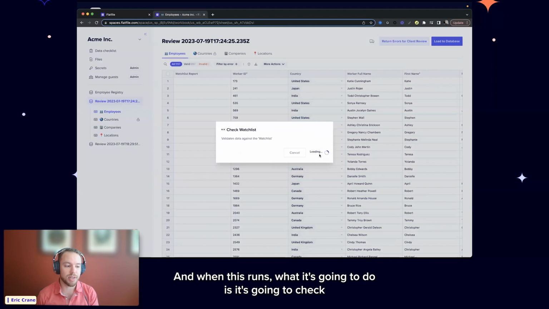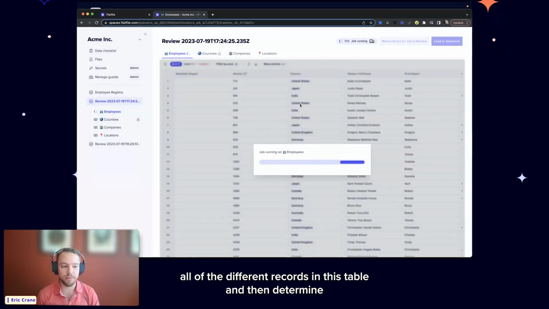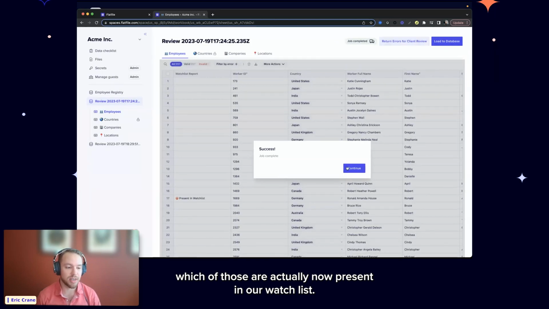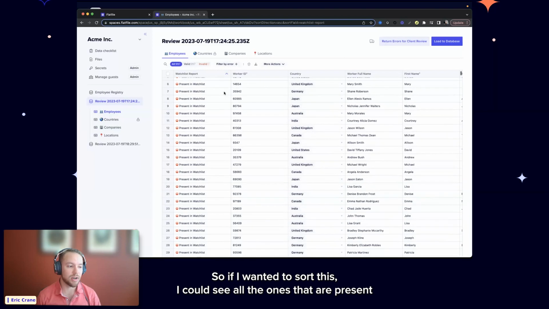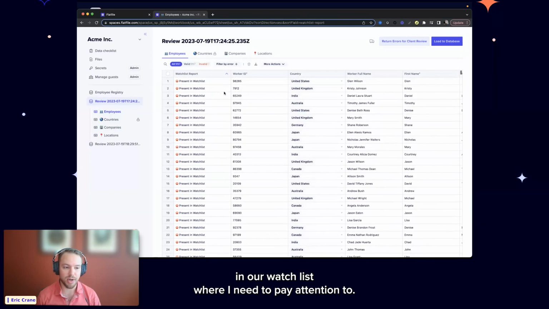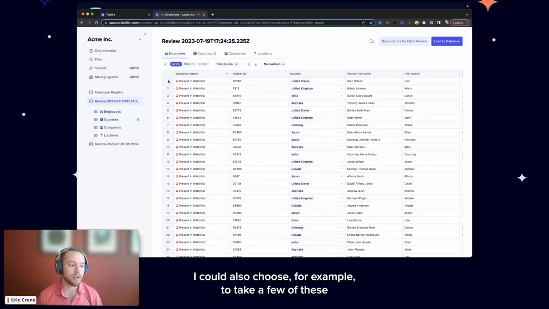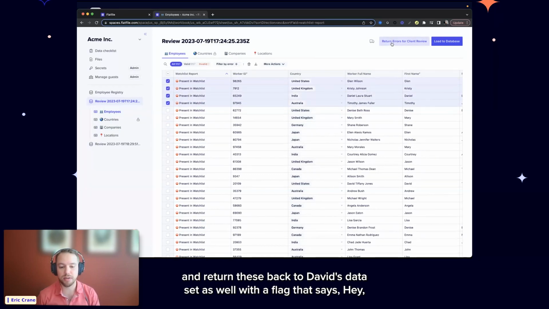And when this runs, it's going to check all of the different records in this table and then determine which of those are actually present in our watch list. So if I wanted to sort this, I could see all the ones that are present in our watch list where I need to pay attention to. I could also choose, for example, to take a few of these and return these back to David's data set as well with a flag that says, hey, David, I need you to review these before this data actually gets